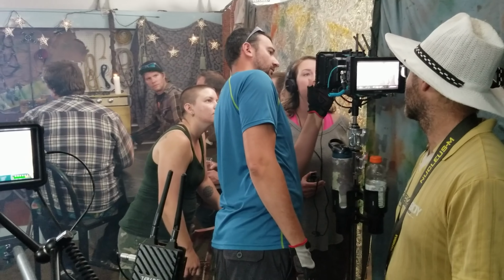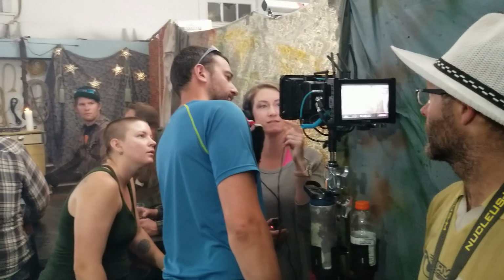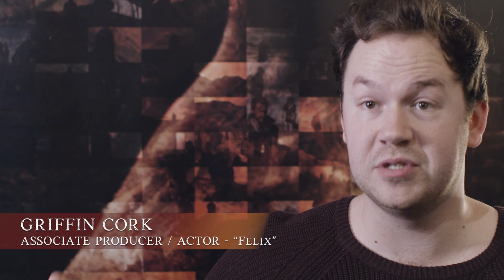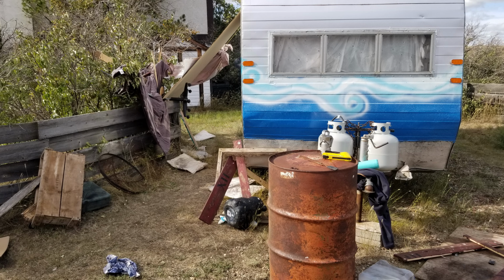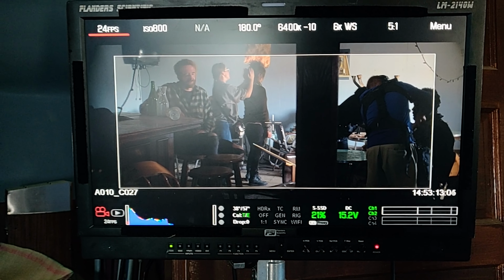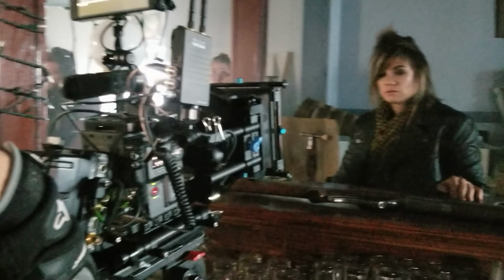One of the biggest strengths of this film is the differentiating locations based purely on very similar buildings, but the way that it was designed, it looks like a whole different kind of community. The work that Thousand Year Films did to create these relationships with the people in Medicine Hat and the people in Hilda, to the point where the town of Hilda gave the production access to any building in the community was huge, and nothing I've ever heard of anybody receiving that kind of blessing in filmmaking